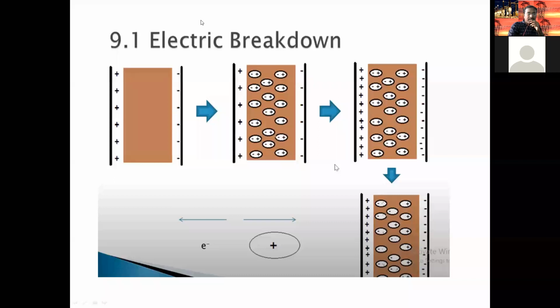Try to consider here. You are well aware of the different types of solid type dielectric materials. If you apply high voltage to a solid type dielectric material, what happens inside the dielectric material? By using these figures, you can understand the concept of a solid type dielectric material when it is subjected to high voltages. That is what we have to discuss today.